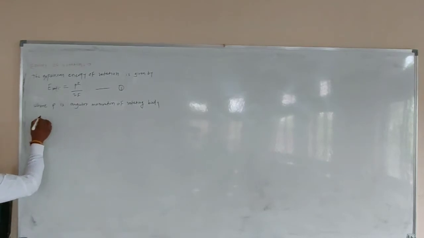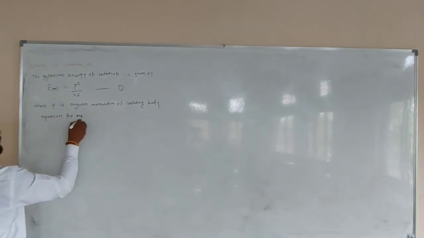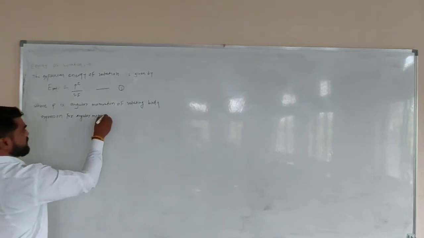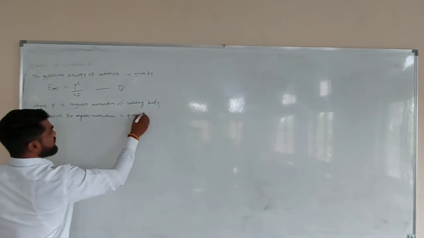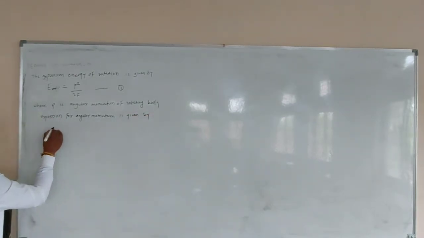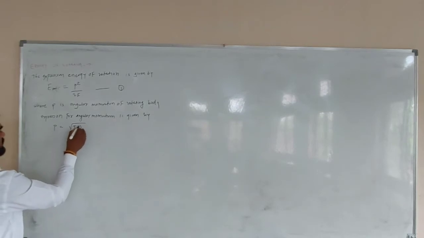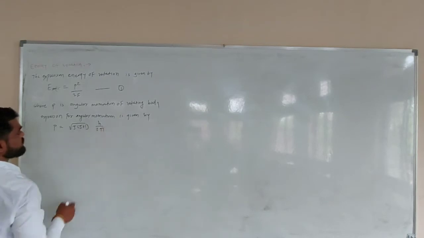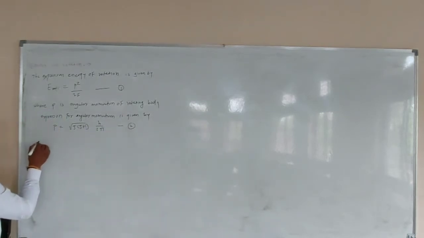Now, the expression for angular momentum is given by, that is, P is equal to under square root J into J plus 1 into h upon 2 pi. This is equation number 2, where